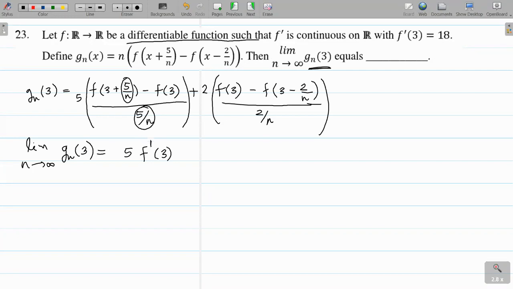So again limit along a sequence is the technique, plus 2 into f dash. So this is 7 into f dash 3, that is 18, right? So finally